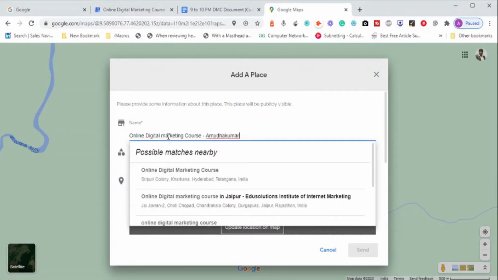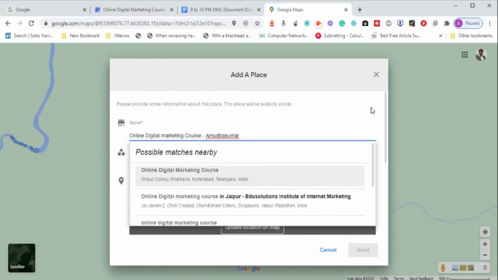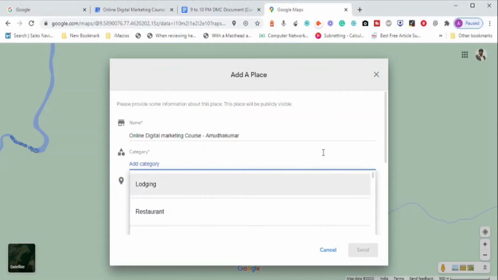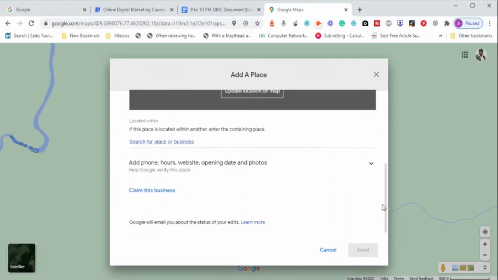Now what happens? Because the location that I created earlier is not yet verified and published, Google is not showing anything here. If it is verified and published, it is going to show me the suggestions in the current place. Now you can select the category, add the location or the address, all the details for any business listing, and click on send.